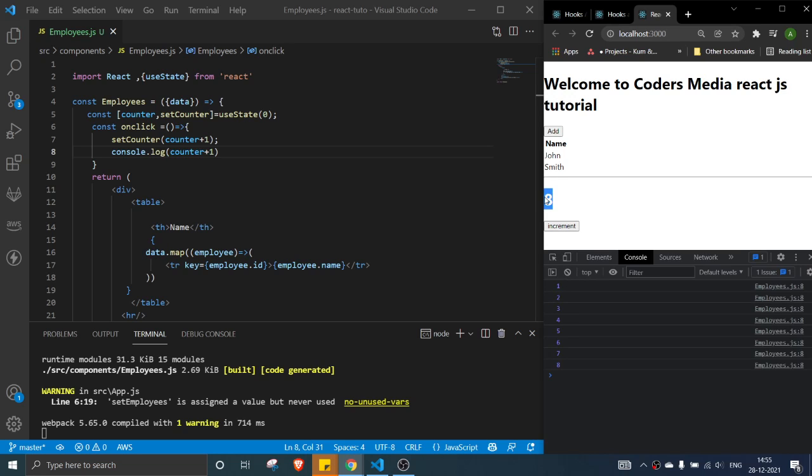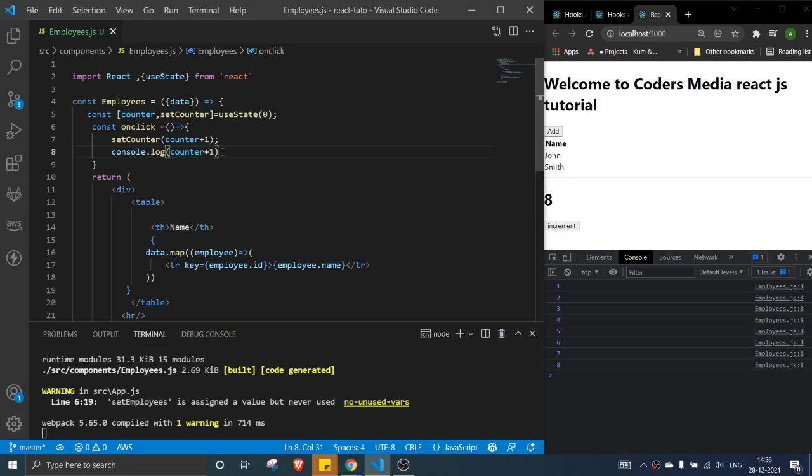Now it's getting updated. So with the help of useState, we can update the DOM. This is the one hook we use to update DOM elements.